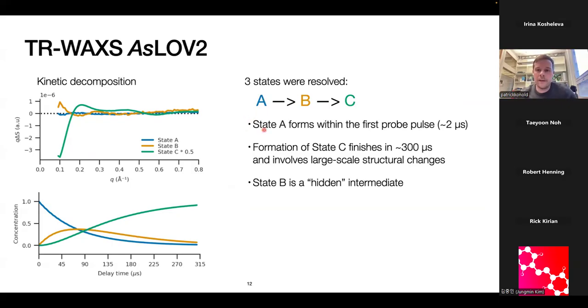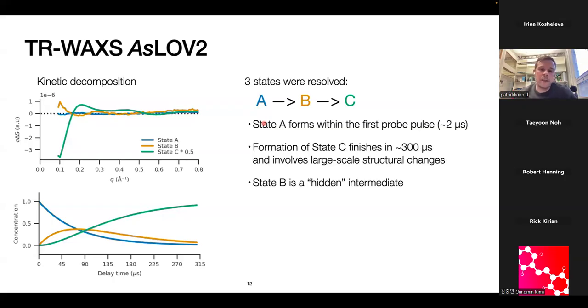So state A here forms within the first probe pulse, so that's roughly 2 microseconds, and very close to the time scale of the adduct formation. And the final state, state C, which is clearly the dominant contribution, you see this is also scaled down here, the green curve, culminates in about 300 microseconds, so by the end of the probe window. Whereas state B is what I'm calling a hidden intermediate, which hasn't been identified in previous